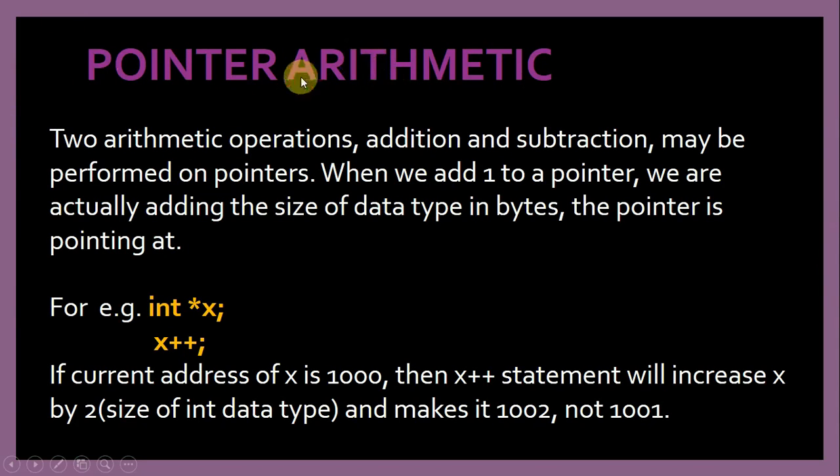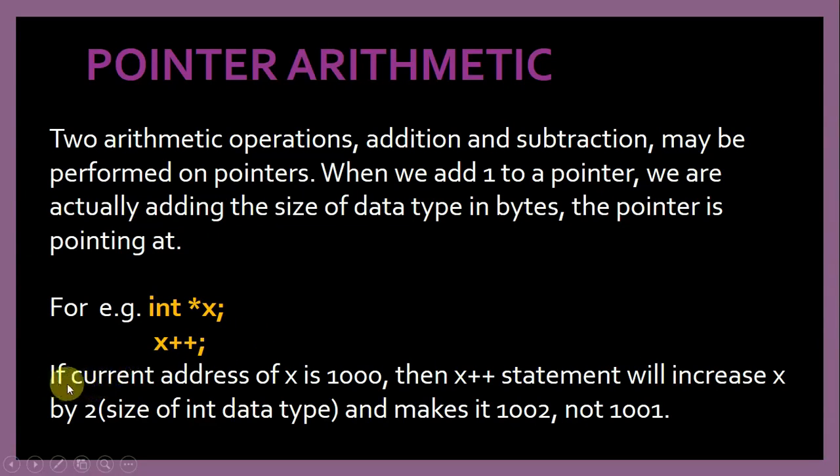Pointer arithmetic. Two arithmetic operations, addition and subtraction, may be performed on pointers. It is very important to note that when we add 1 to a pointer, we are actually adding the size of the data type in bytes. It is not actually 1, but it is the size of the data type in bytes the pointer is pointing at. So for example, if the command is int star x, it means that x is a pointer of type integer. And if I say x plus plus or x is equal to x plus 1, so in both the